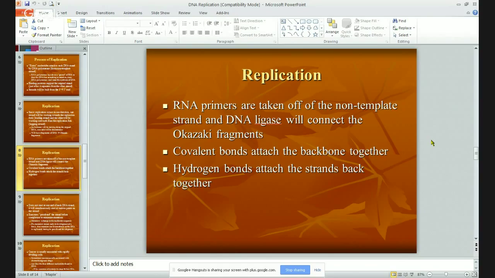So this is kind of where we're gonna stop for the day. This is essentially the whole process of replication. We've got a few more things that happen after the two strands have actually been formed, but this kind of gives you an idea of the steps of the entire process, as well as those different proteins that are important: the helicase, the DNA and RNA polymerase, the binding proteins, DNA ligase, things like that. So just make sure that you're familiar with all of those proteins, what they do, and just the steps of